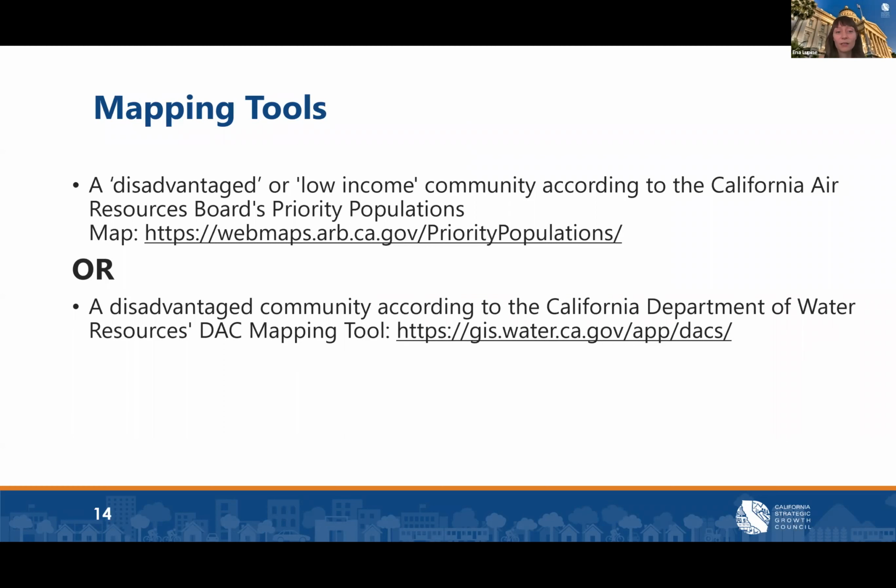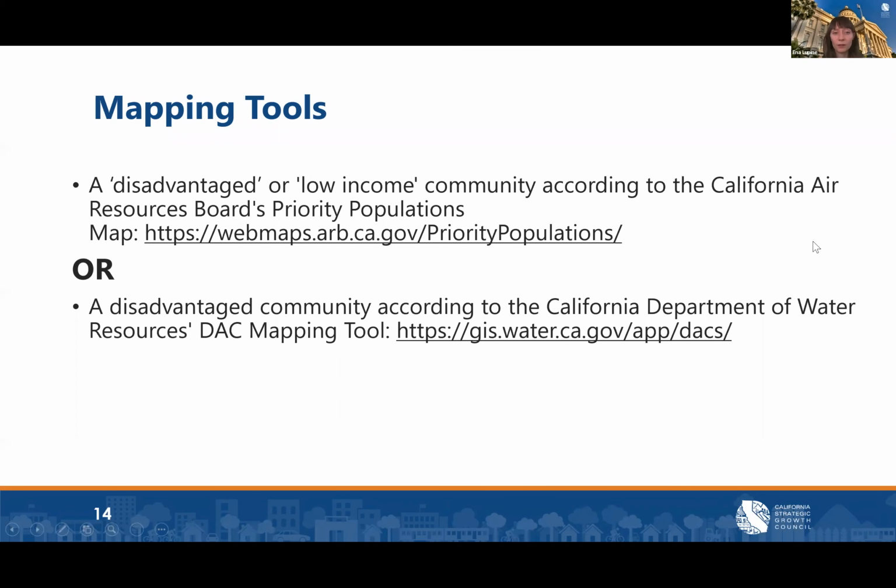So these are a few interactive mapping tools that applicants can use to determine if a census tract is considered under-resourced. And we will soon be issuing a guidance document that will help folks understand how to use these tools and hopefully help to understand some of the project area requirements a little bit more.